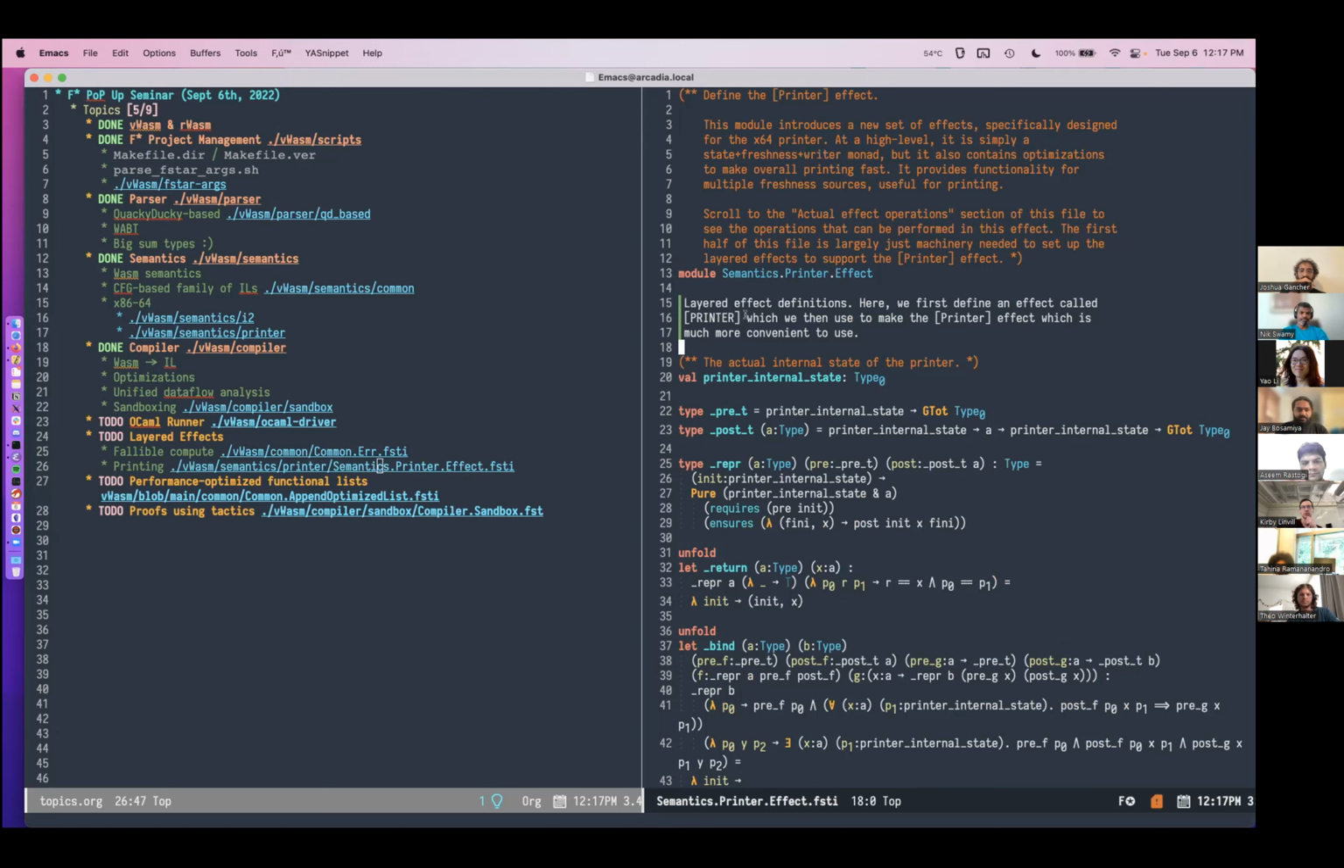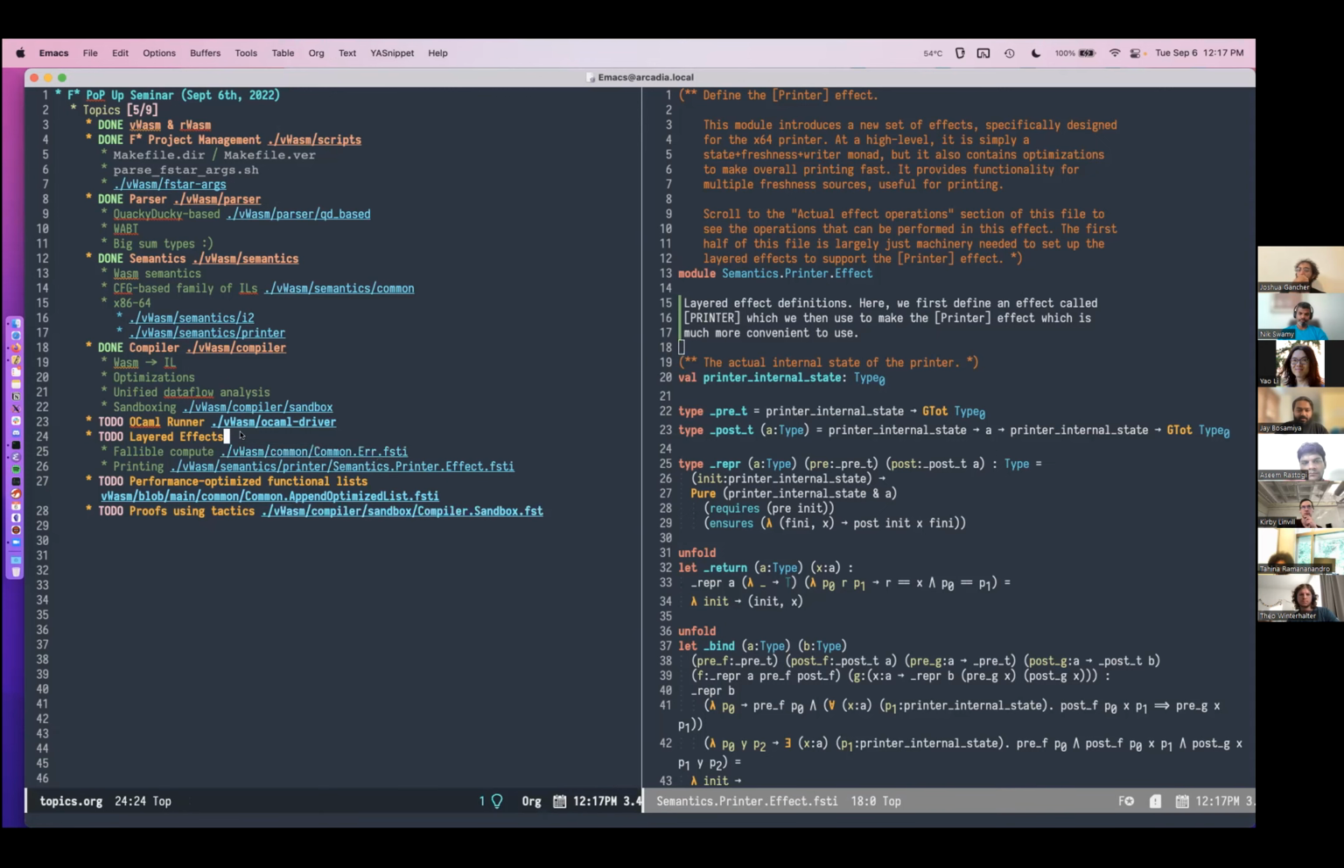So this ended up extremely convenient, and layered effects made the overall compiler writing experience way nicer. I think we initially began without it, and it just became much nicer. And in terms of the performance of the compiler itself, initially the entire compiler was written in the pure Tot effect, and of course we're only left with functional lists, which if you're appending to functional lists, that's going to be slow. So what we did is we came up with